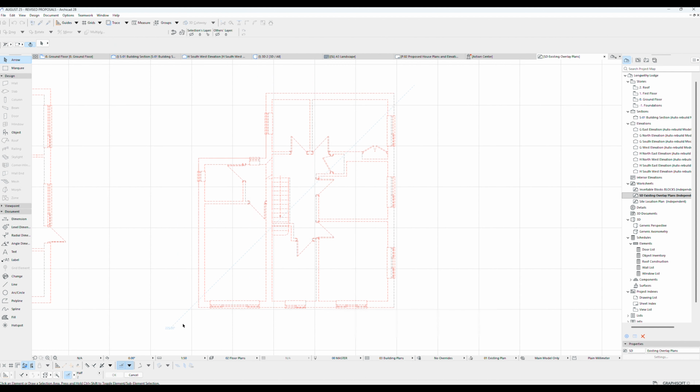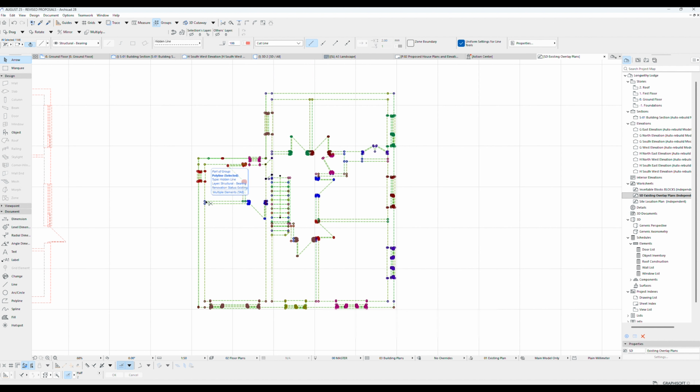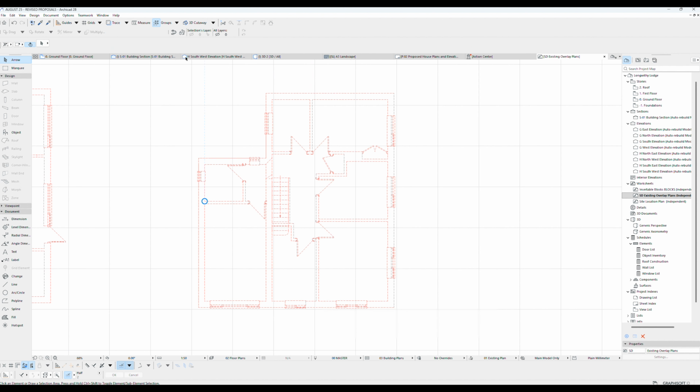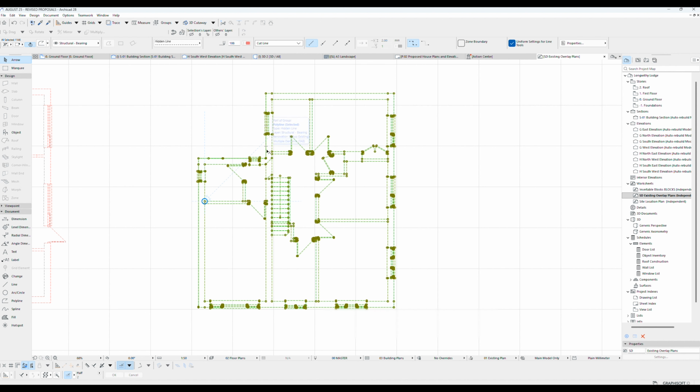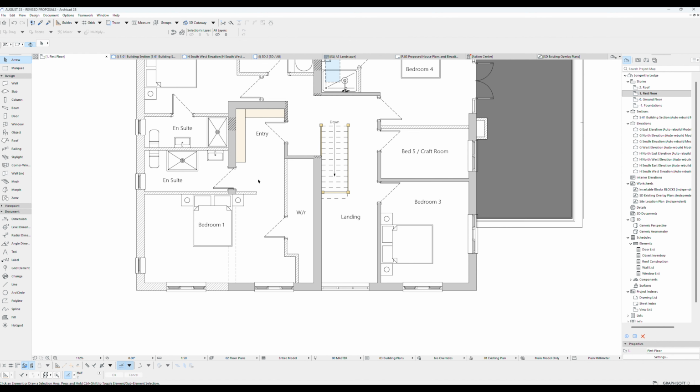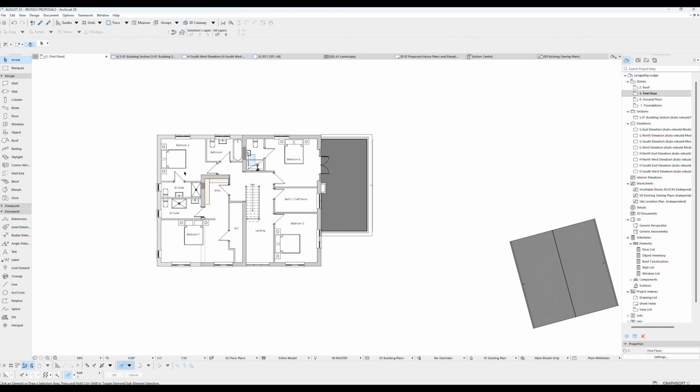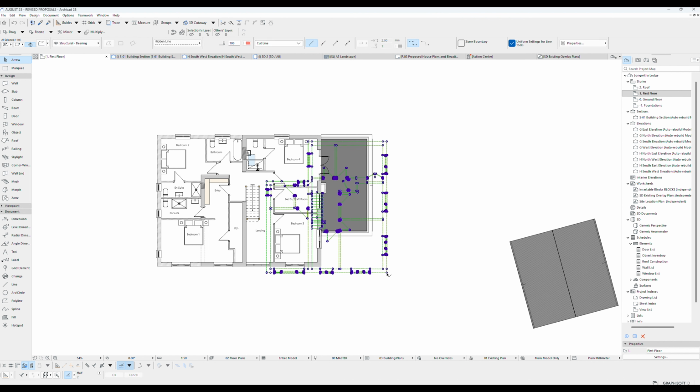So if I grab that and press Control G, I've now brought that back as a group. So if I suppress groups again, that now identifies as one. Control C or edit copy. Go back to my first floor plan, zoom out, edit, paste, center of the current view, there it is, and then just drag that by clicking it,